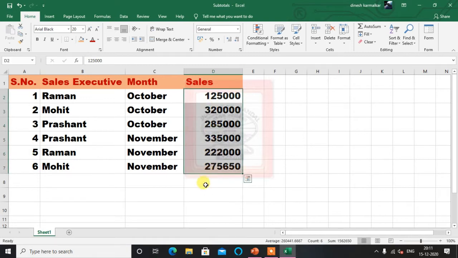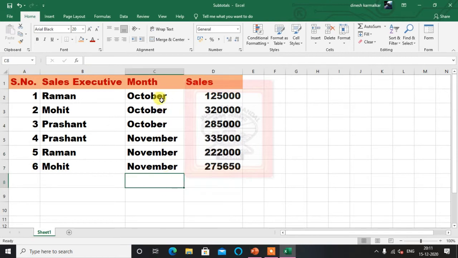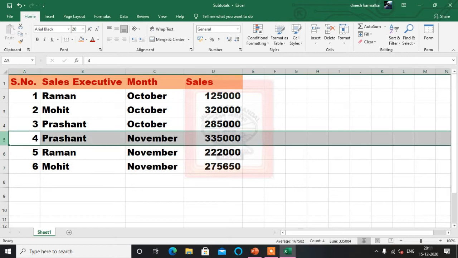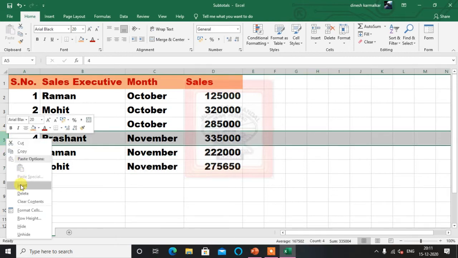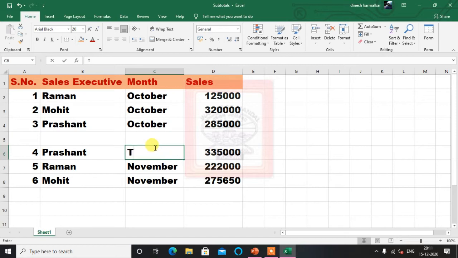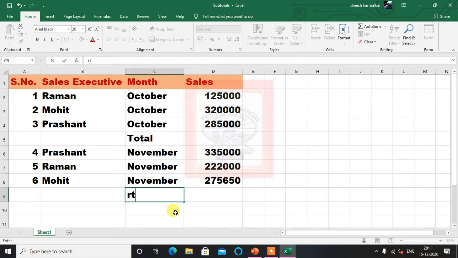Of this also I can find the total directly for the grand total. But suppose I want the total month wise, for the sales executives for October month separate and November month separate. Of course, you can do it manually: insert one column here and enter a total here, again a total here, and write here grand total.